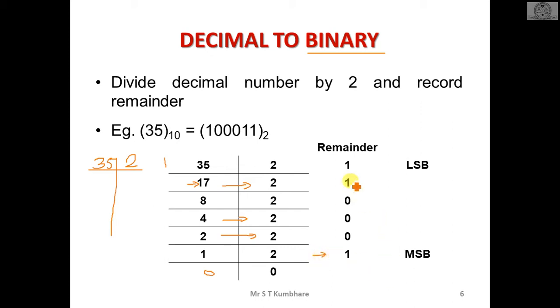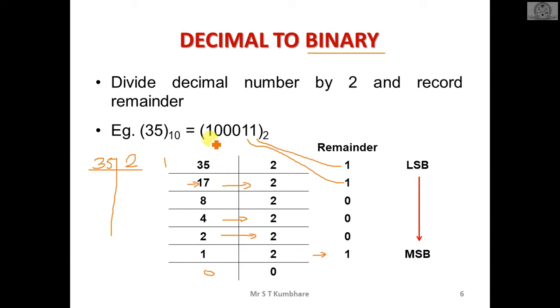Okay, got it? So like this you have to write down the remainders, and then you have to take the bits, meaning how to place the bits. Start from the bottom, sorry, top, and write down the bits. So this one will go here, this one will go here, this 0 will be here, this 0 will be here, and this 0 will be here, and this 1 will be here. If you want to cross verify, you can do it very well.